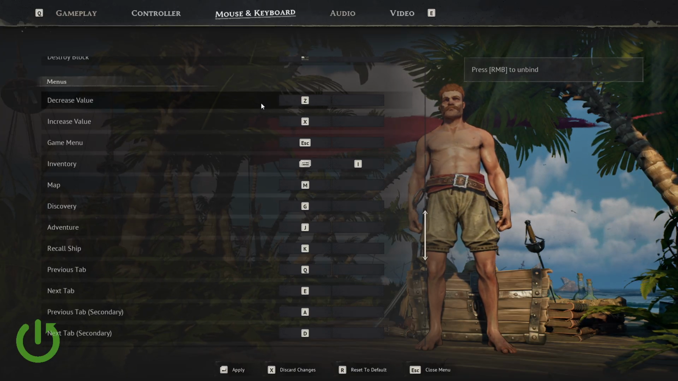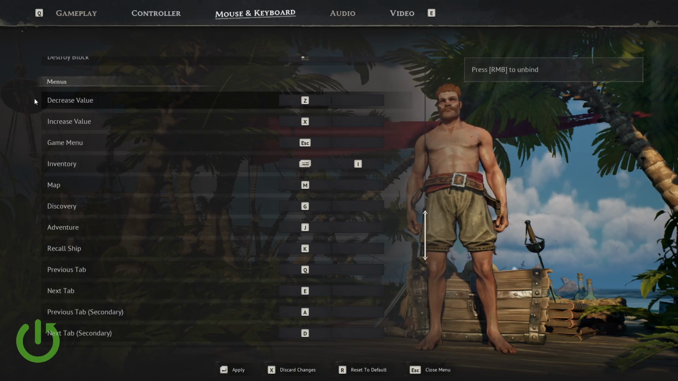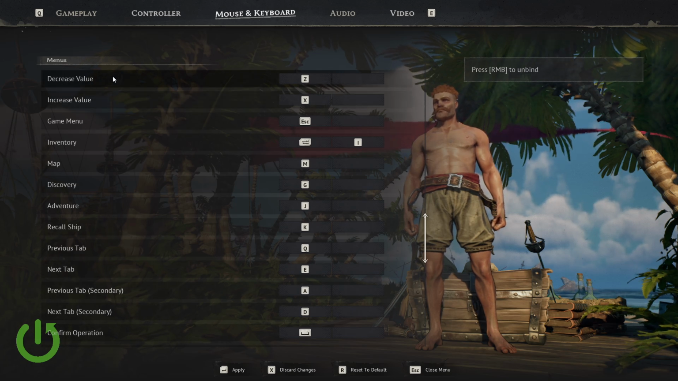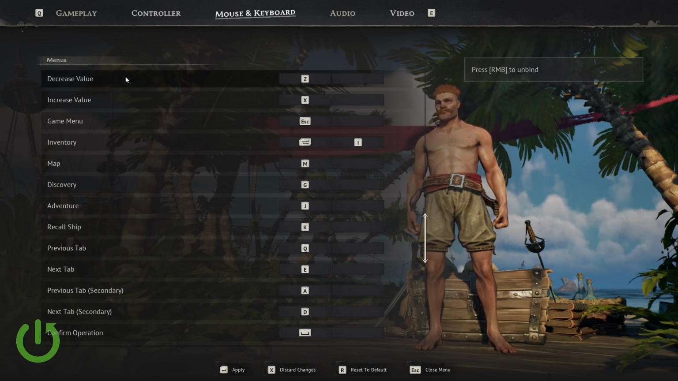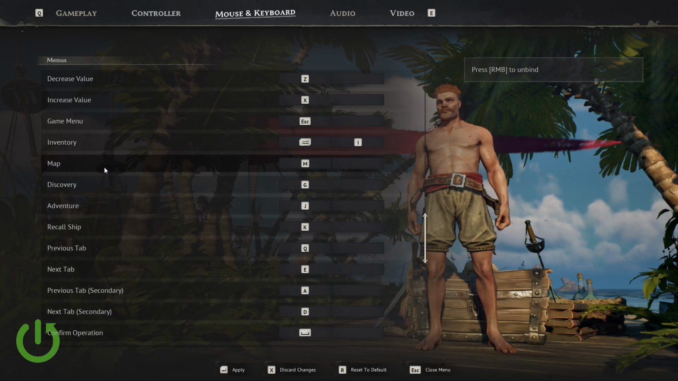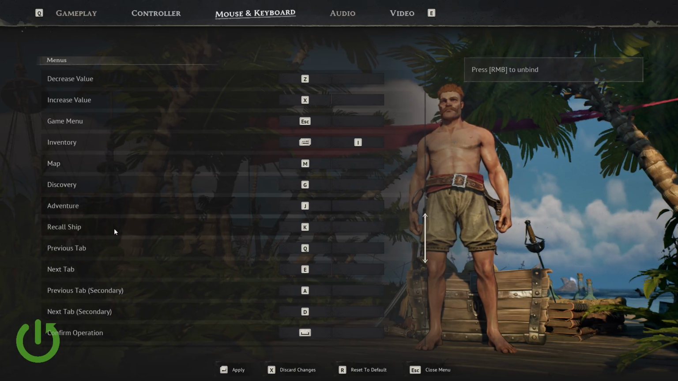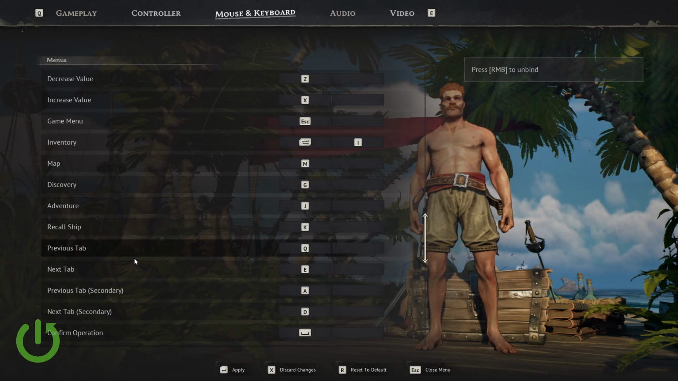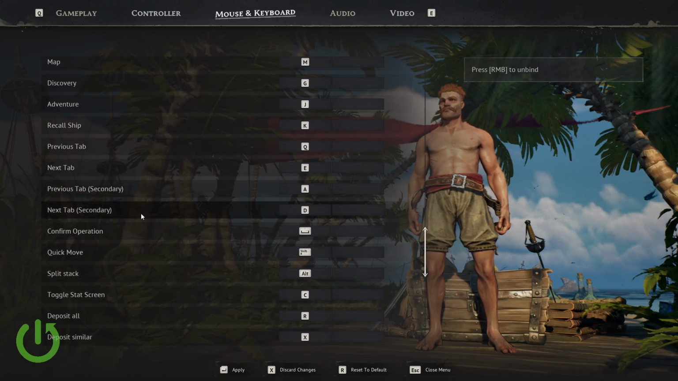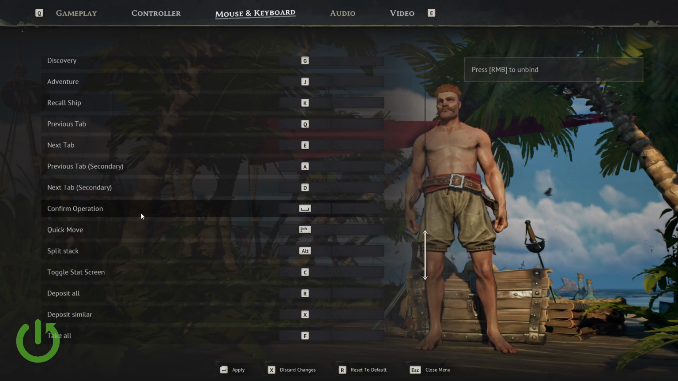Moving on, of course. I will go through the list to let you know what options are available to you. There is the decrease value and increase value. Game menu, inventory, map, discovery, adventure, recall ship, previous tab, next tab, previous tab secondary, next tab secondary, confirm operation,